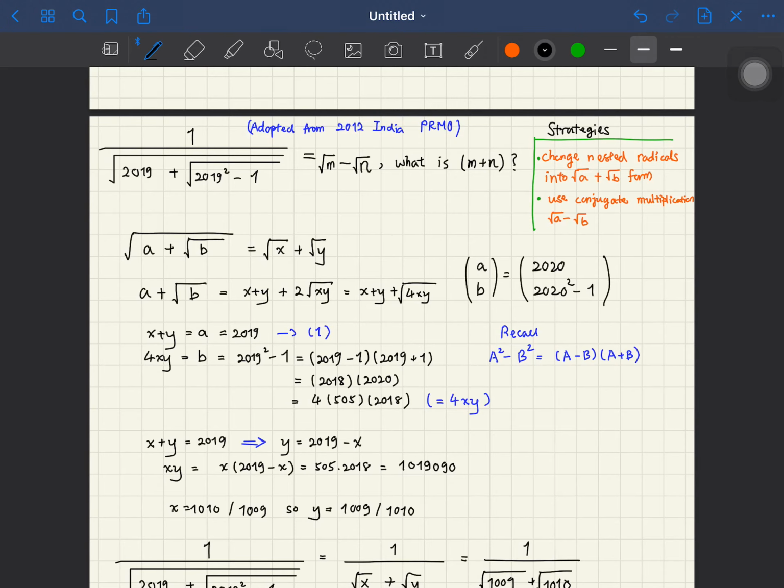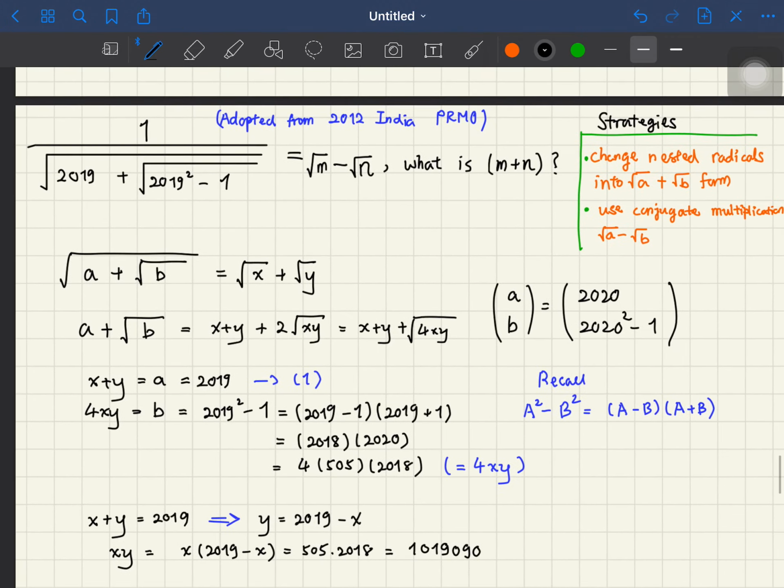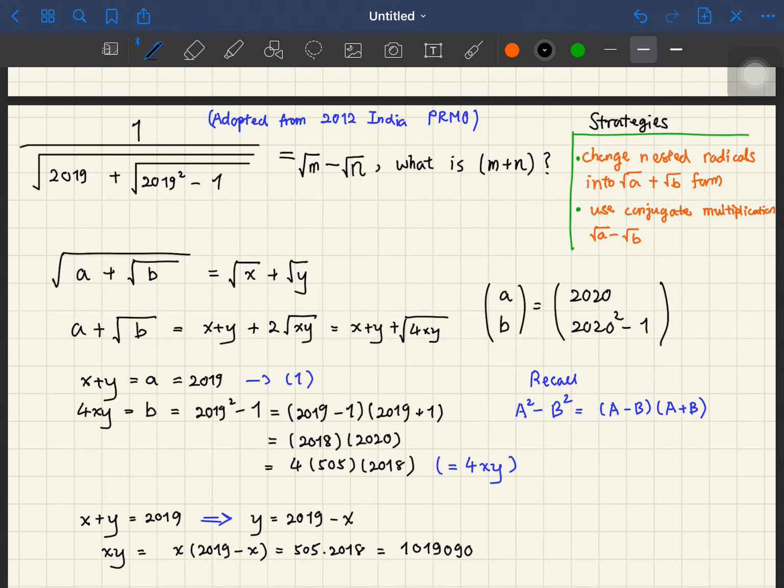Hello, hello, hello. So, this question is actually adopted from a 2012 India pre-regional mathematical Olympiad question. It is suitable for Form 4 KSSM and Maths SPM students because they actually study surds, which is an entirely new chapter in Form 4 Maths. It's a good thing to learn surds because